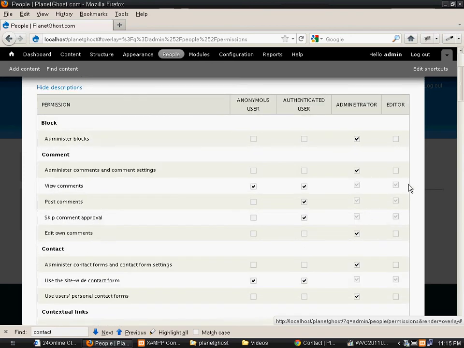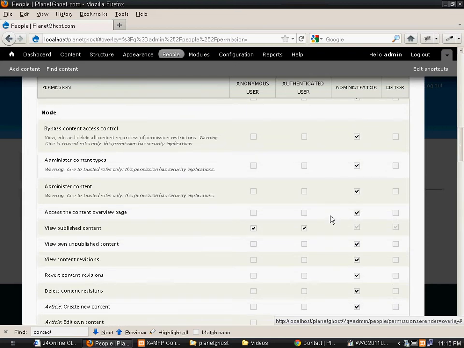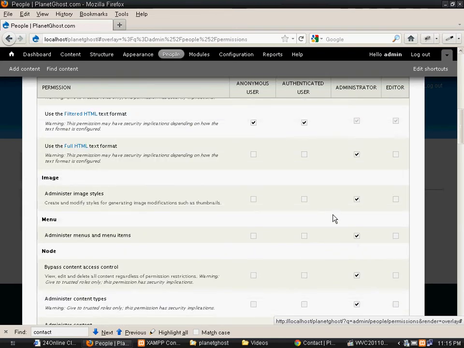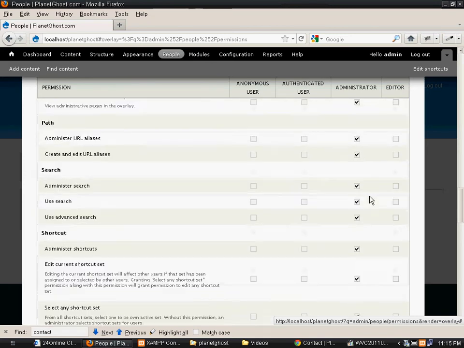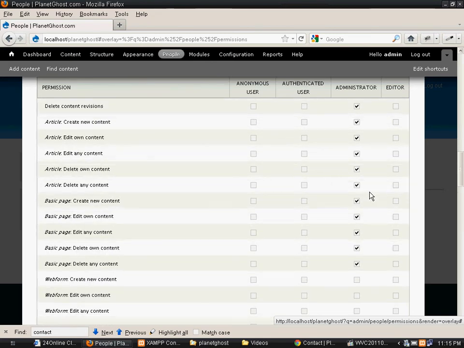Some links are similar to authenticated user. If we want to grant him the rights of creating an article, say create new article and delete own article.